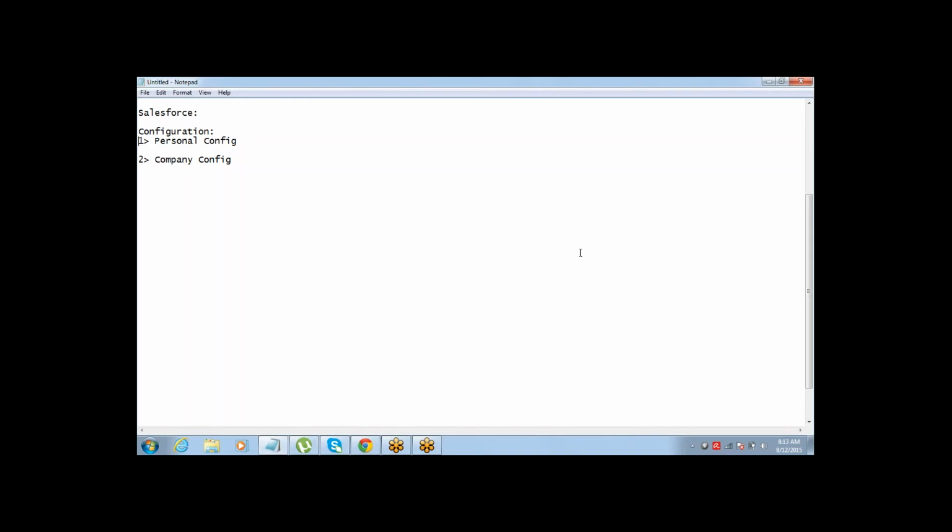So let's start on this. I want one of you to share your login ID and password with me, if anyone can. The developer edition login ID and password. Sure, let me share it to you.